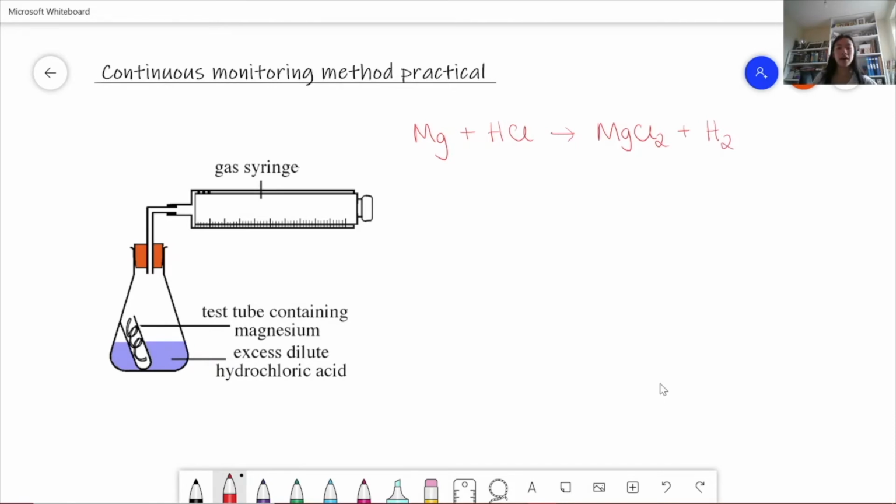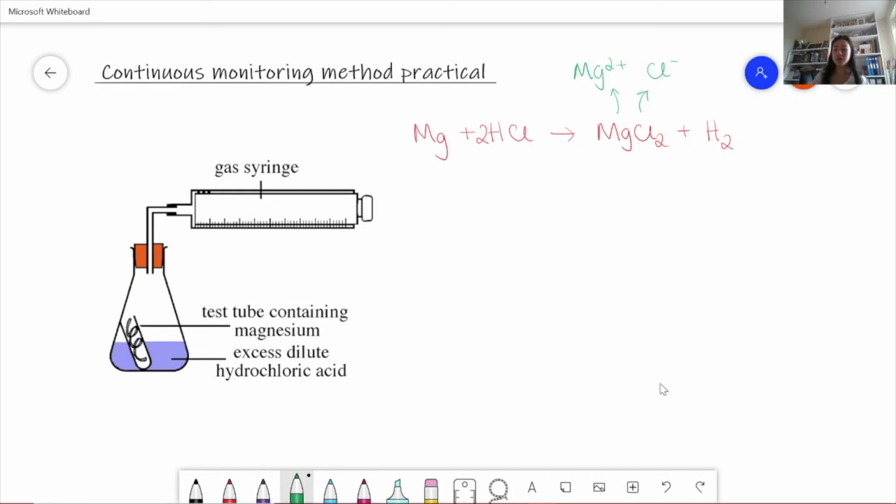And to balance it, we have 2 hydrochloric acids. The reason I know it's MgCl2 as a formula is because we have Mg2+ ions and Cl- ions. So the ratio is 2 to 1. So for every magnesium ion, we need to have 2 chloride ions, and that's why the formula is MgCl2. So we form hydrogen gas, and that's what we're measuring by using the gas syringe. So the amount of hydrogen gas should increase to start off with and then level out as soon as the